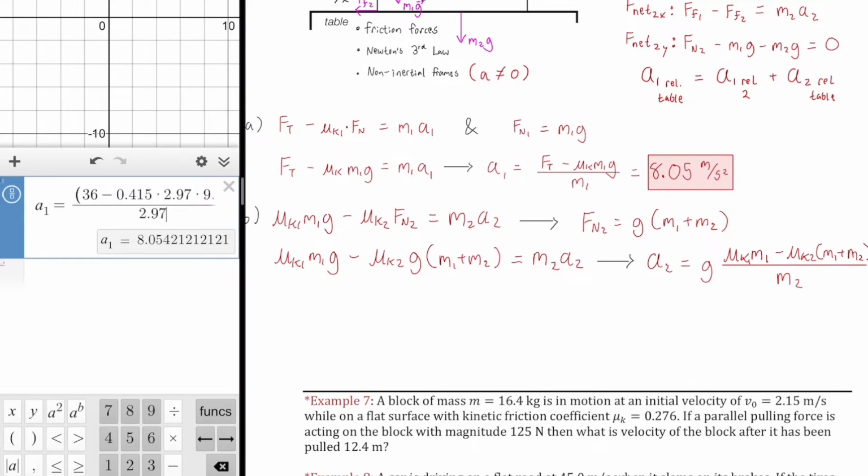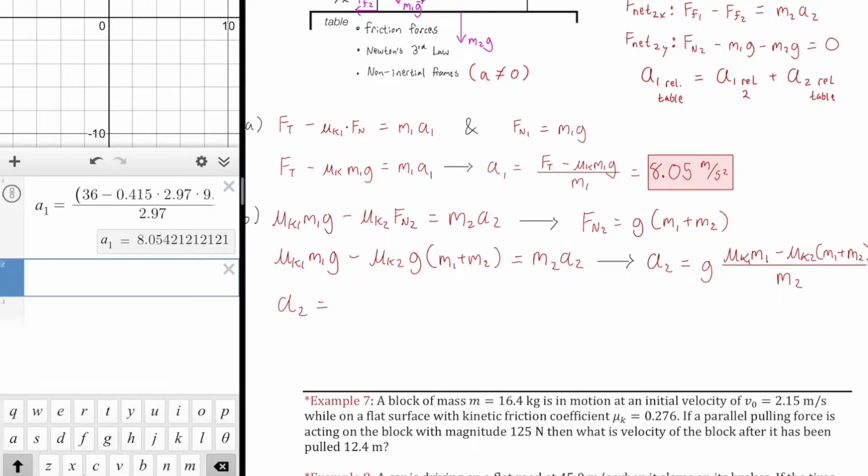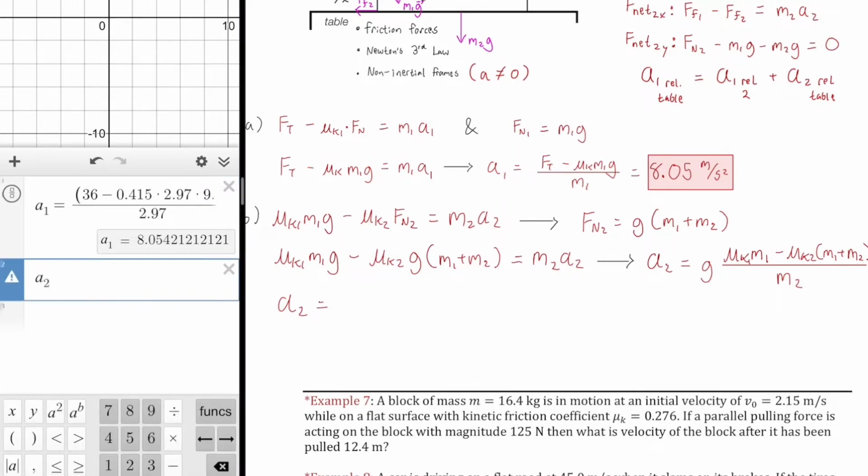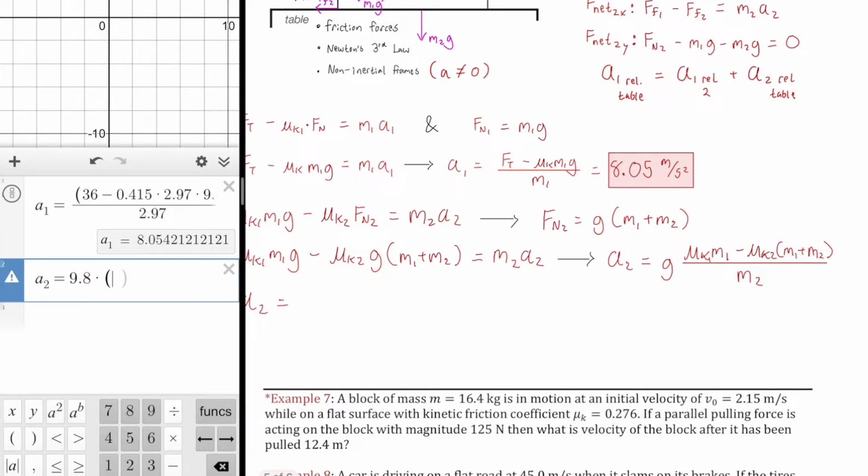So let's actually find the values, the numbers here. So we'll plug it in. For a2, then we have our subscript, with the g out in front, a2 equals 9.8, and then times, we'll open parentheses to have our numerator, and then we're just going to have our mu k1, which is 0.415, times m1, and m1 was 2.97 kilograms, and then minus,